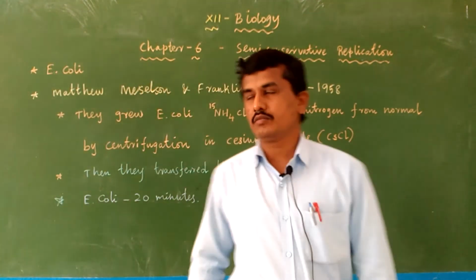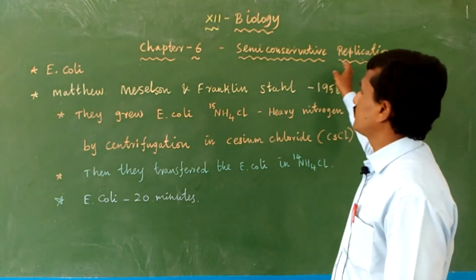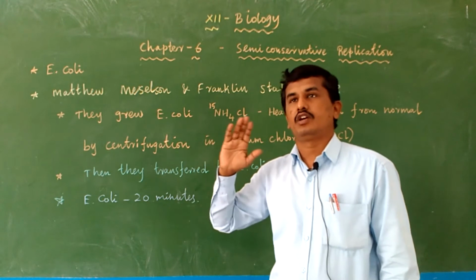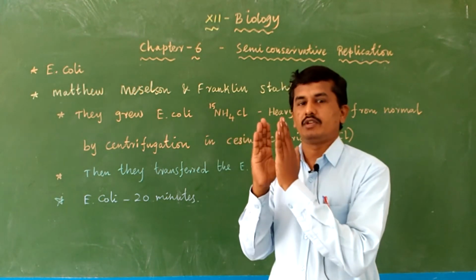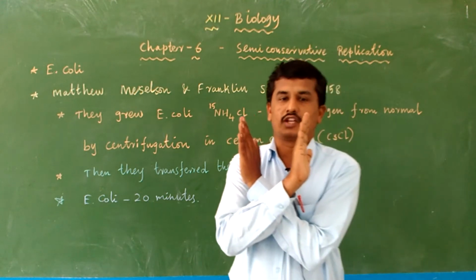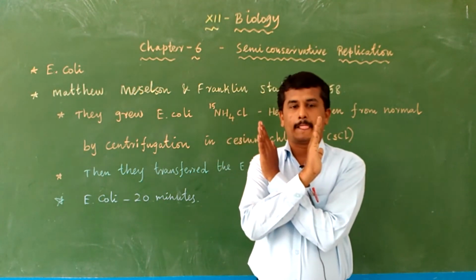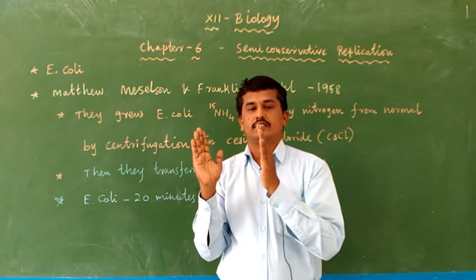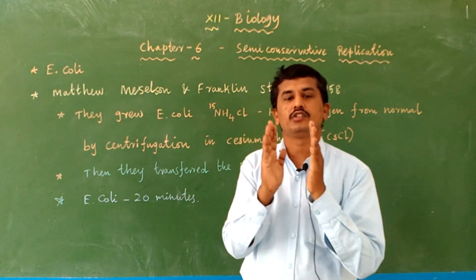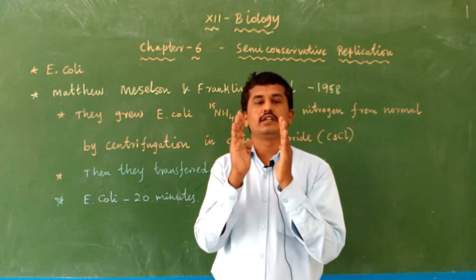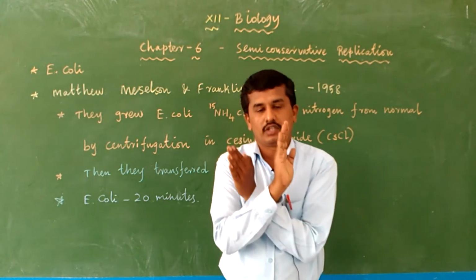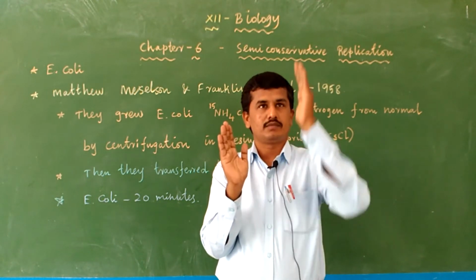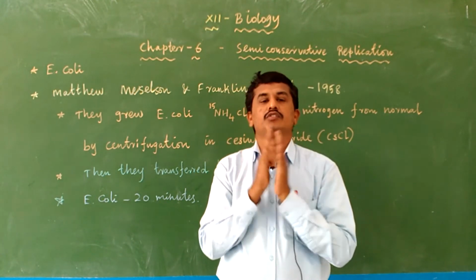Here, semi-conservative method of replication. Semi-conservative method of replication means half the DNA is conserved during replication. For example, we take one DNA. Actually DNA contains 2 strands, 2 polynucleotide chains. One polynucleotide chain is from the parent DNA, and the other is a newly synthesized strand. So 2 nucleotide sequences or 2 polynucleotide chains are combined to form one DNA. One strand is from the parent, and one DNA strand is newly synthesized.